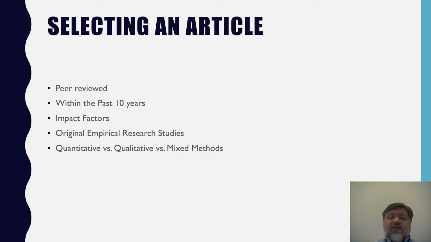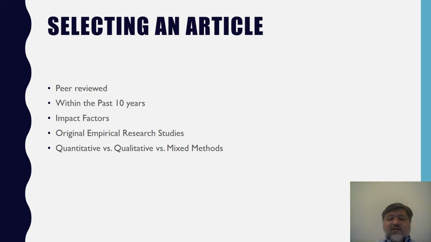Another important factor is to only include empirical research studies. Empirical research studies are original research studies. In some journals, opinion pieces, book reviews, or literature reviews may also be published and still be peer-reviewed. For this class, given that it is a research class, we are asking students to find articles that are original